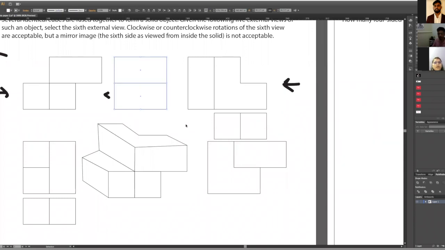No. Why? Because there is this extruding part which is like an L, so there will be a line between them. Correct, correct. So see, now let's go to the 3D one.